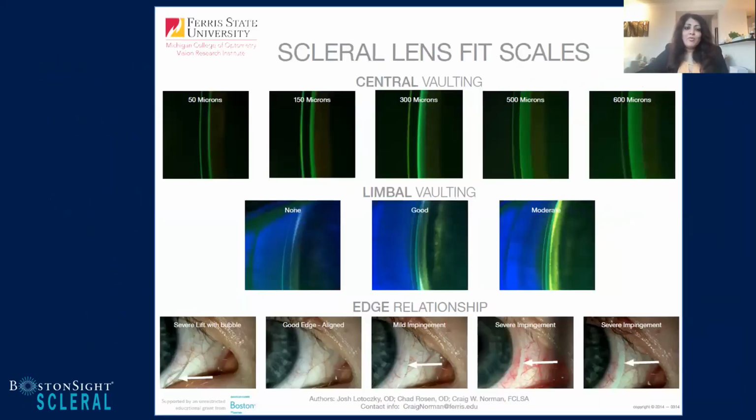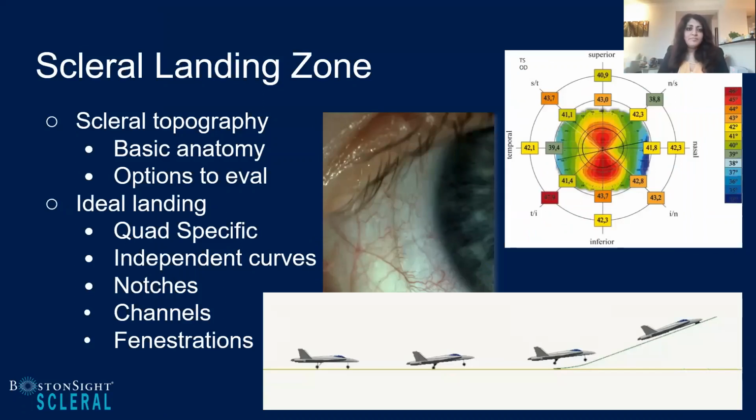And one of the last things just to mention is that your patients are really key when you're evaluating the landing zone, because before I even look at the landing zone, whether it's with the OCT or the slit lamp, I'm asking our patients, how do they feel? What do they feel? Because they're going to guide us to areas where that lens is lifting and where the edge is lifting. And that really helps you hone in on areas that you need to take a closer look at.